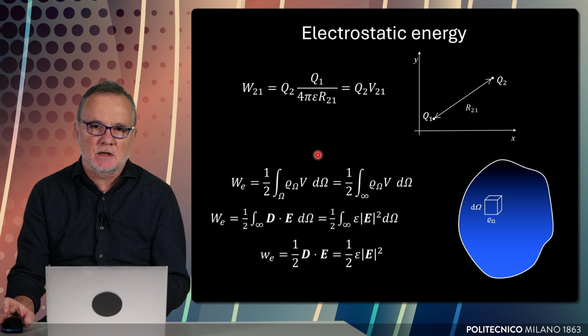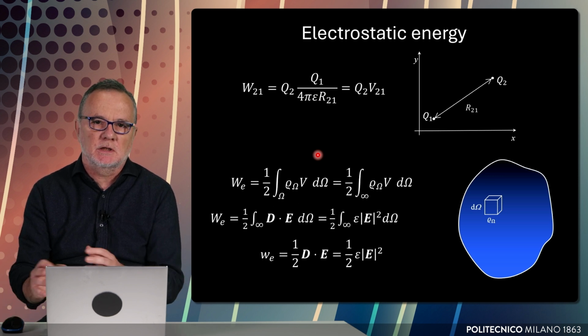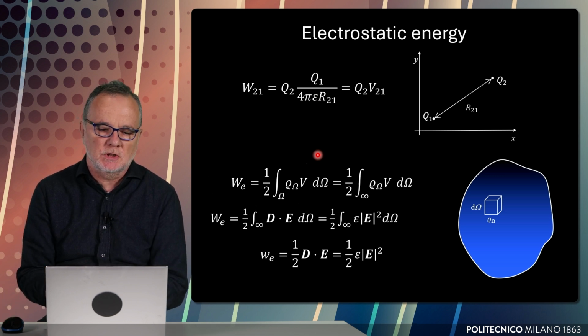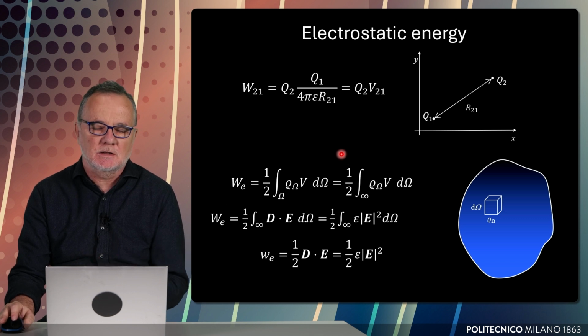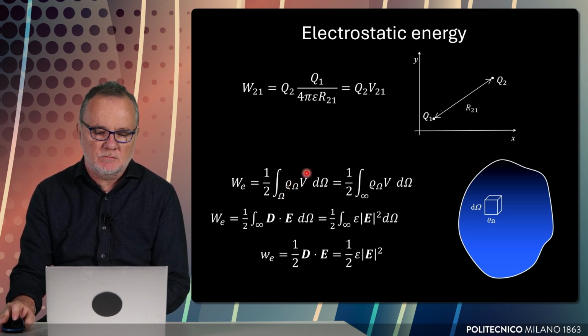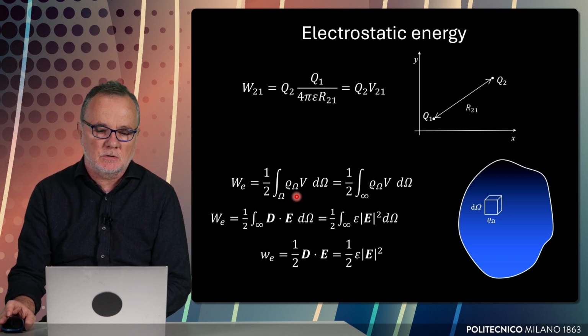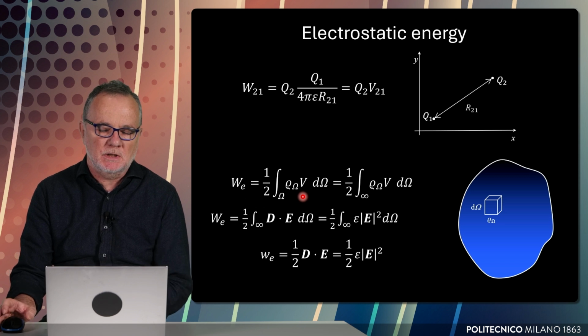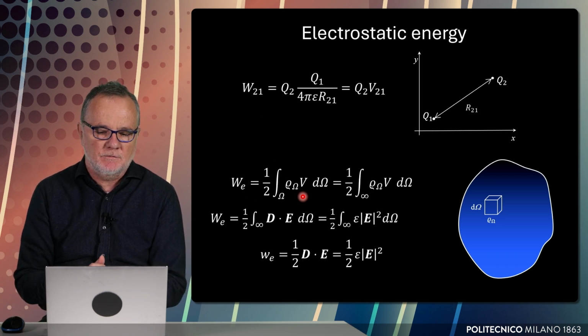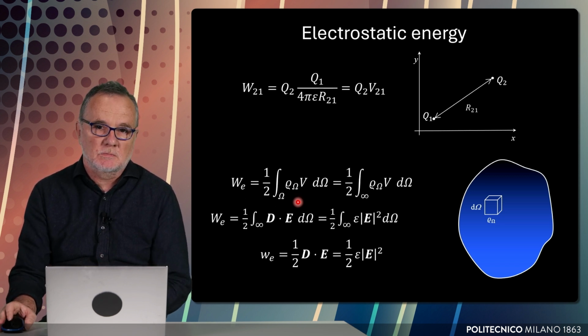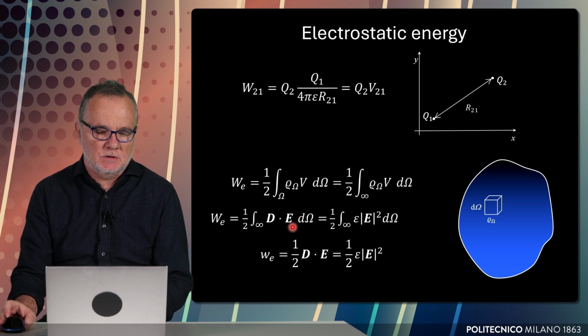Now, as a general expression to build a given charge distribution in space, we can have several different formulas. Particularly, we can write this energy as 1/2 the volume integral of the volumetric charge density rho omega times the potential in space that is produced by rho omega itself. Another equivalent expression considers, instead of potential and charge, the fields D, the flux density, and the electric field E, and the expression is shown here.